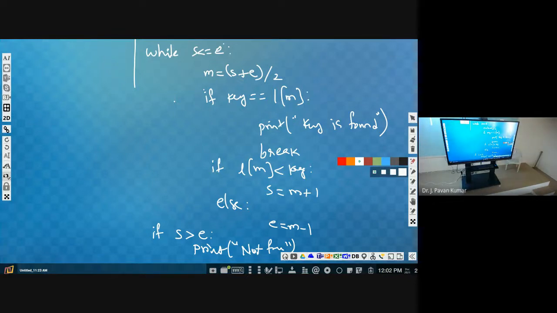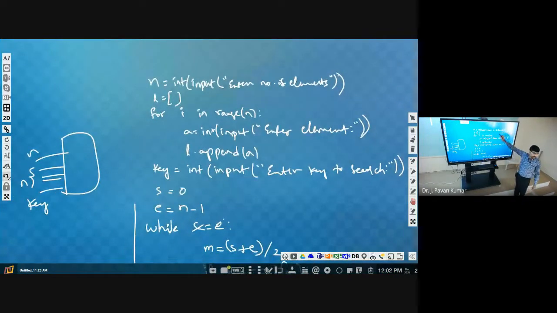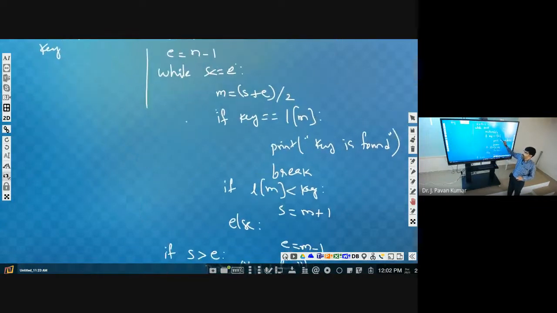Okay, you consider what is the input for this program? What is the input? Number of elements. First of all, we are taking the number of elements. Then what are those elements we are taking? But these elements should be in sorted order. Then only we can execute this kind of procedure. Yes or no? So you consider entering these elements in sorted order, by default, while giving the input itself. That's it. Then only this process will give a result. Otherwise, even if the key is present in the list, it will say it is not found.